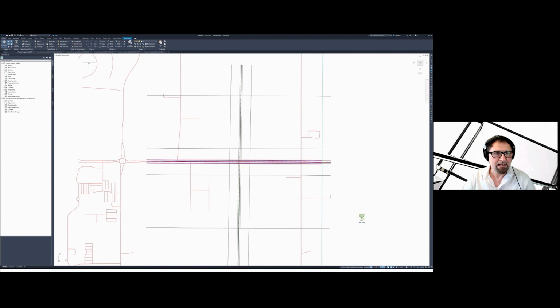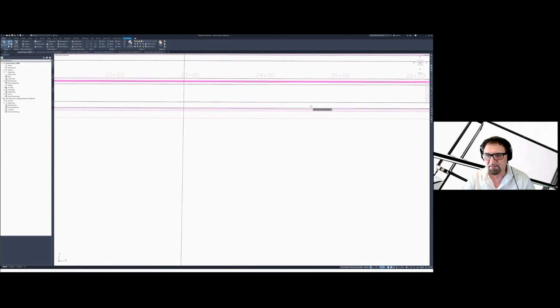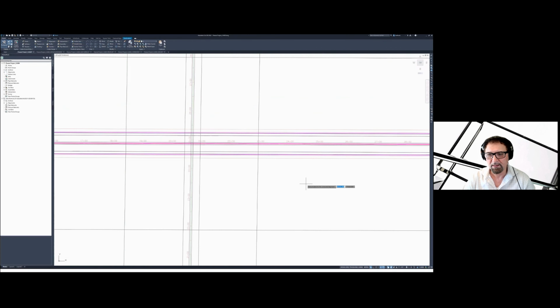So for the connected alignments, you simply select where you want to go from the first alignment. So that would be somewhere here. And then the second alignment would be somewhere at the edge of travelway on that alignment. And this will be the location. You see how it understands the direction. And now it's asking me to accept the current location.